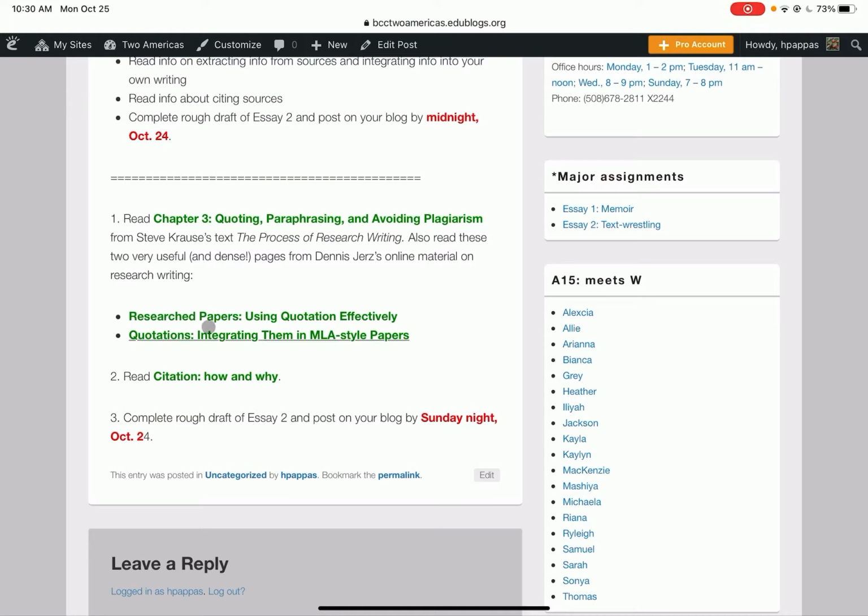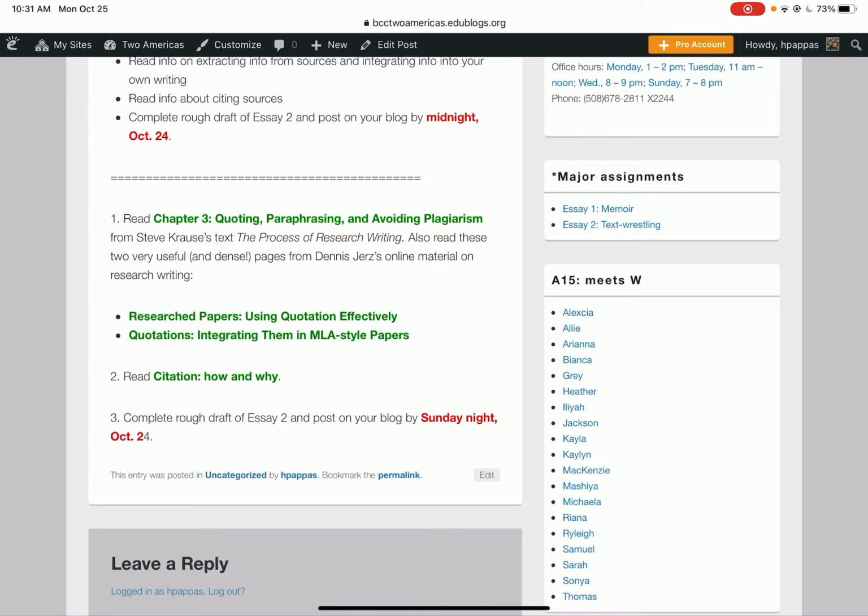And then these are a couple other pages from a writing teacher whose work I use some. They're very dense. There's a lot of information on there. He shows you the process of actually integrating the material into your sentence structure. So these are things that it takes some time to get skillful at doing.